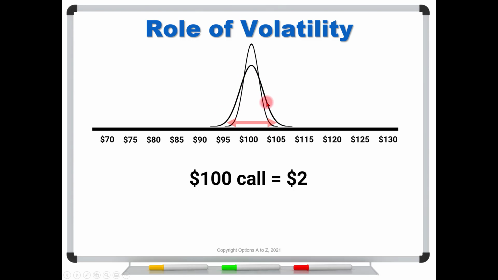And so what that's going to do is that traders will say, well, you know what? My call option might be worth more if the stock goes up, but I'm not going to be harmed if it goes down. Remember, call options have an asymmetrical payoff. They help us on the way up, but they don't harm us on the way down. So traders start competing for this, and they'll say, well, yeah, it was worth 2, but I'll give you 2.10, 2.20, 2.30. They start bidding it up, and then suddenly it's trading for, let's say, $3.